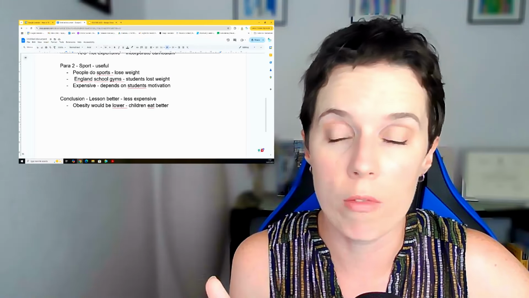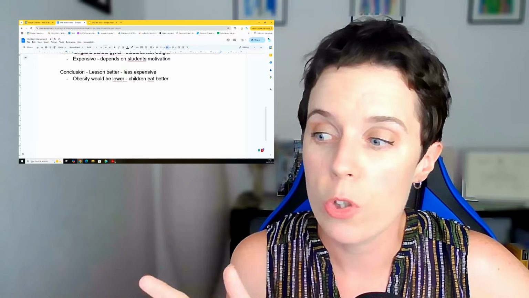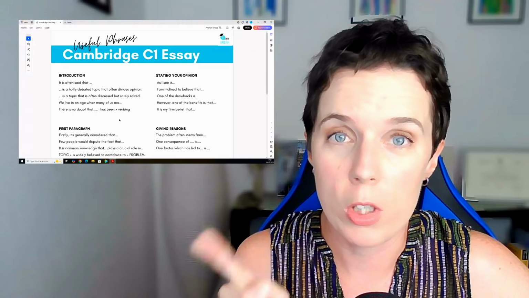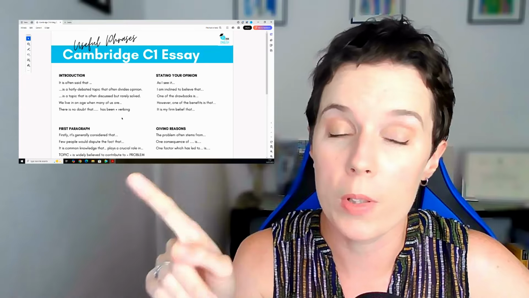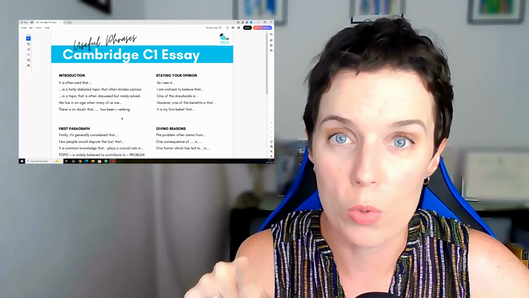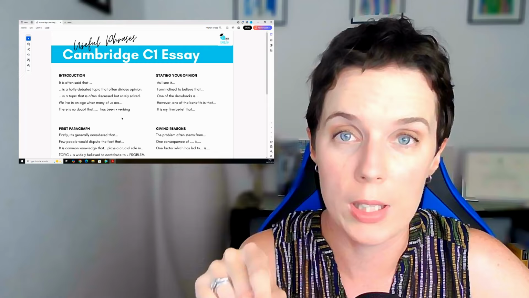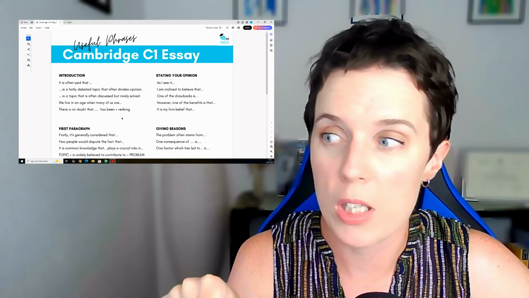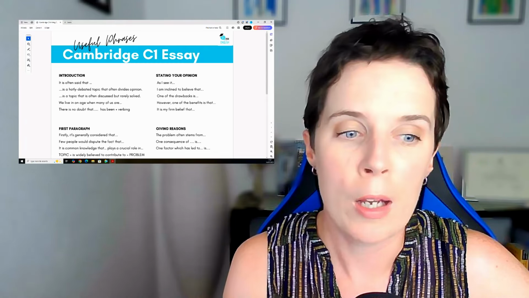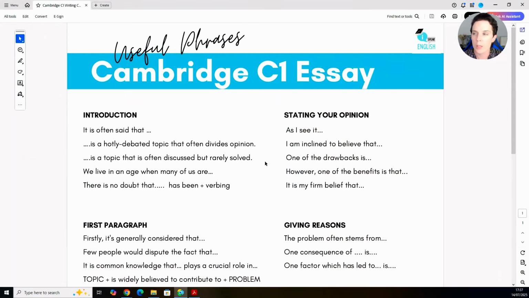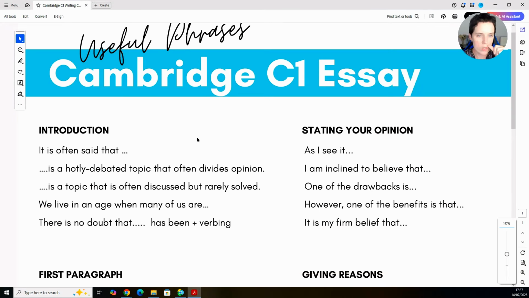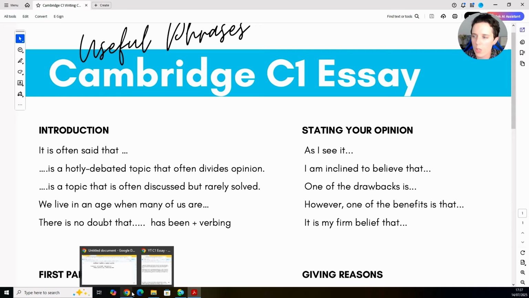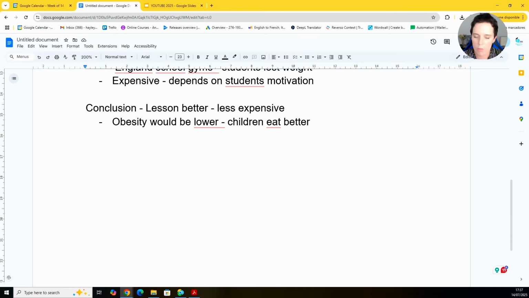Now it's time to start writing. I am also going to use a bit of a cheat sheet here. I'm going to use some useful phrases. I'm going to put this in the description actually so you can use it as well. Take a look at the description, there'll be a link there. You can download this PDF of useful phrases here. I'm going to use this useful phrases list. Just take a look. Take a few phrases just to kind of start me off. Okay, so I'm going to pick one of those phrases there and I'm going to use it to start my